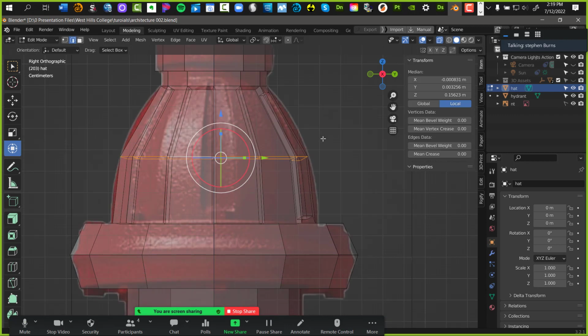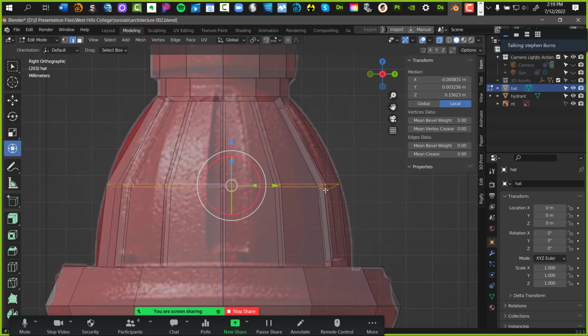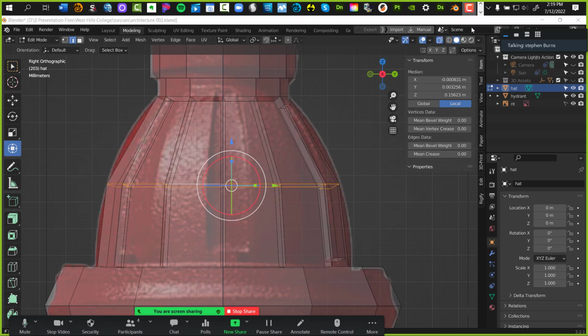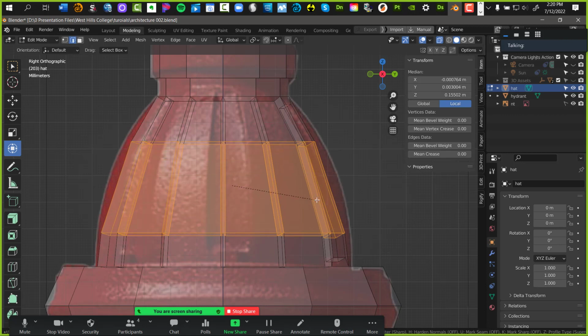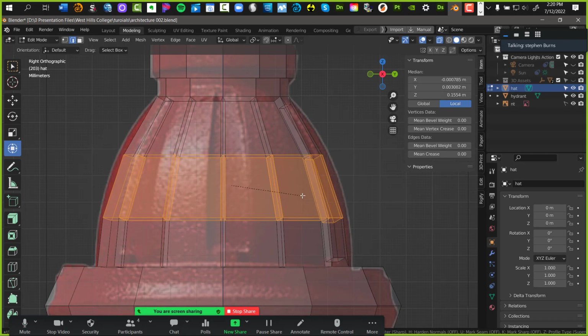Get in close. So watch closely. What's the shortcut for the bevel command? Control B. Watch. I'm recording. So, Control B. I can pull it out. Remember, I'm not clicking. I'm going to take it as far as I want.